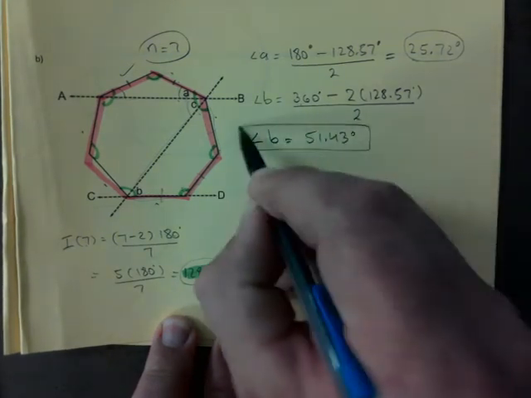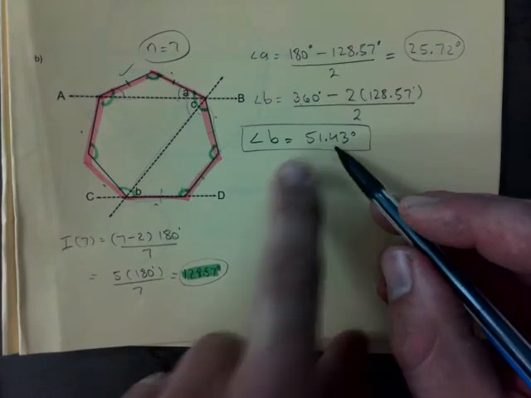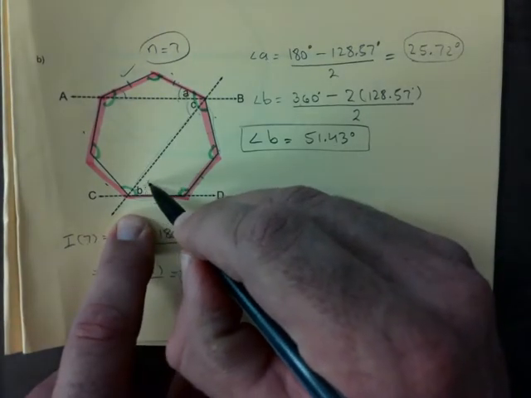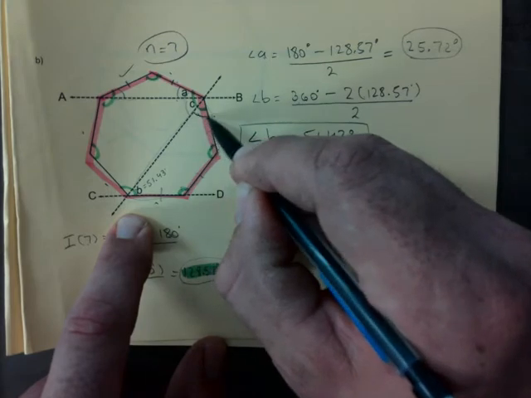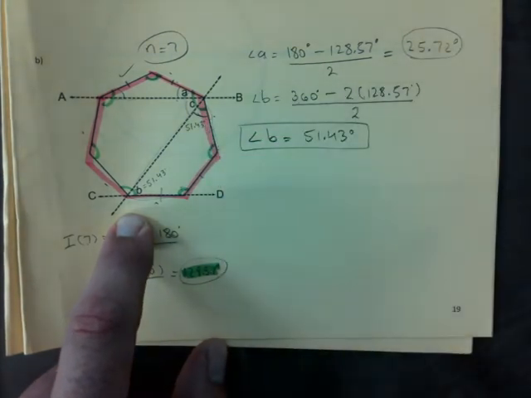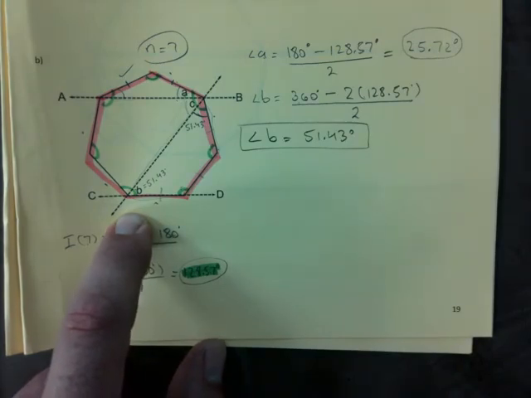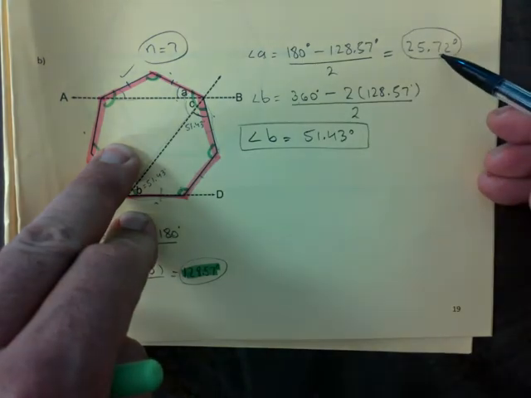Okay, so you've got that figured out. B is done. And I will actually write down, right, this is 51.43, and this right here is also 51.43. Okay? So you found them both, right? And so you know A, which is 25.72,